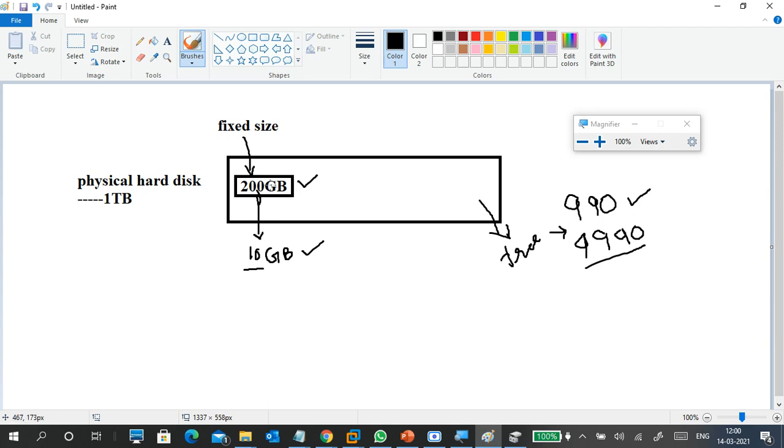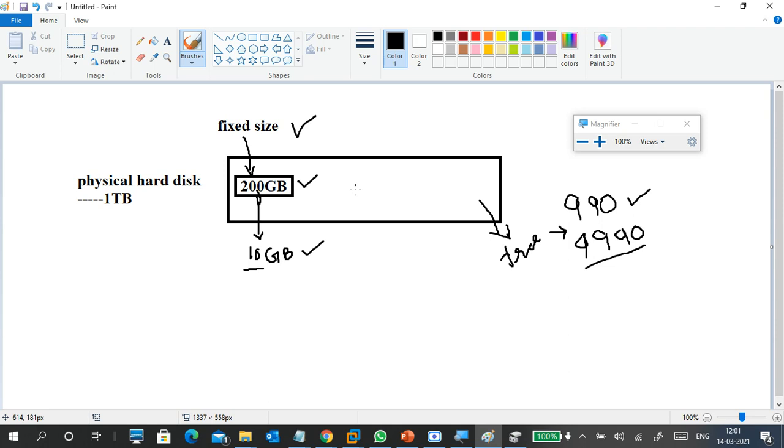Okay. Here the 10 GB is in the 200 GB, not in a 1 terabyte, right? So it is inside a 200 GB. It is a fixed disk, which means whenever you create a fixed disk, this 200 GB occupies physical space. How much data is inside, that's a second point, but 200 GB of space will be occupied in your physical hard disk.